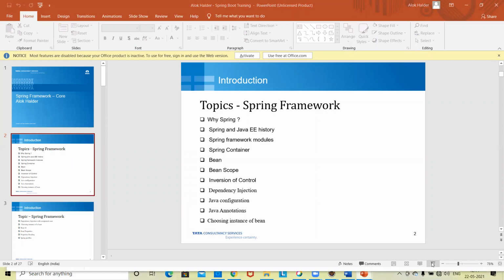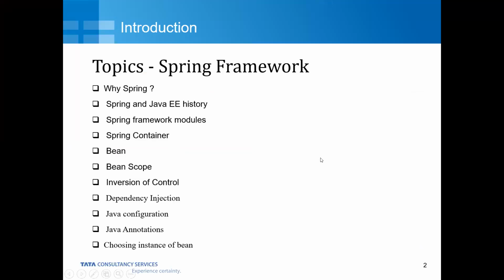Sir, can you share this file with us? Yes, what is my plan? I'll upload everything in GitHub, and from there you can get the video and the small project. When you learn for the first time, you should do all topic-wise small projects, and finally you need to do a combined project, a CRUD application you can do, as a combined project. This is the process of learning.